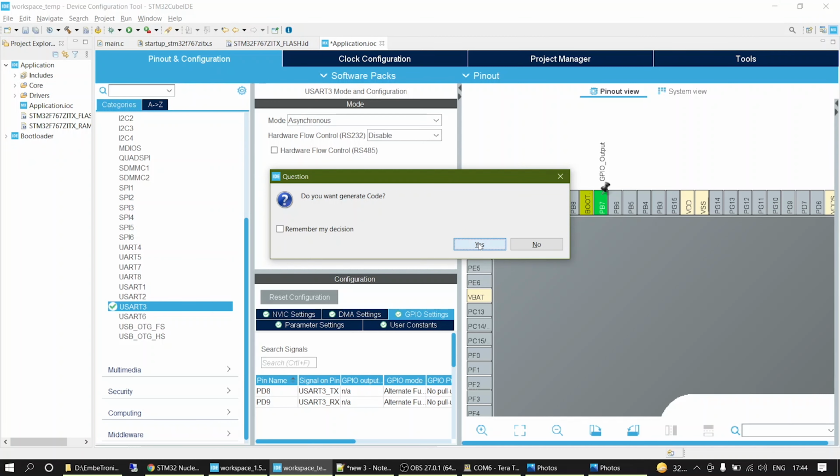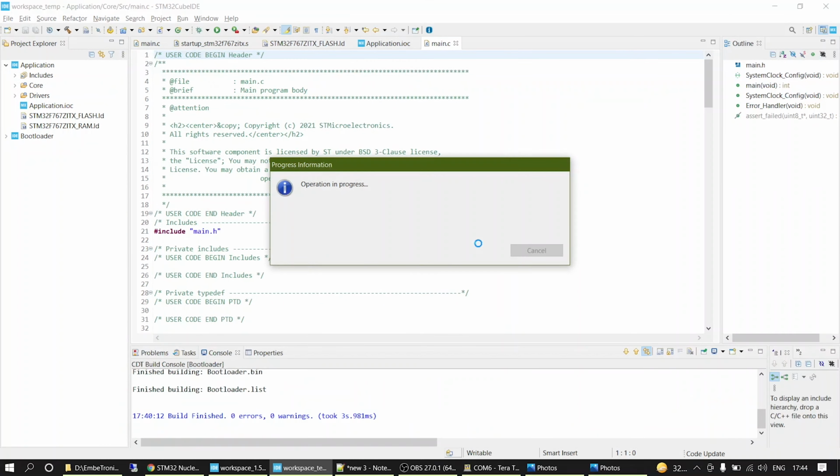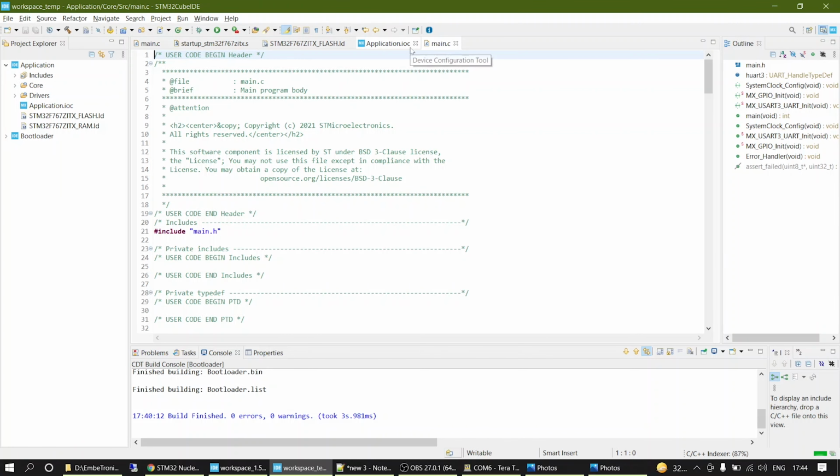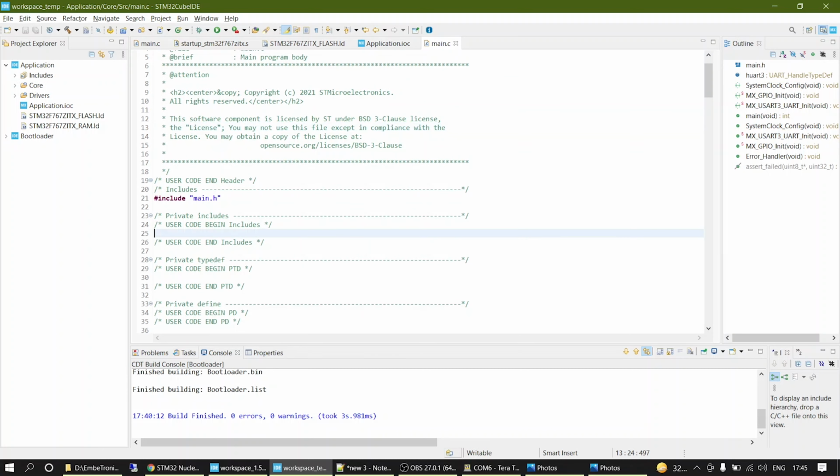Save and generate the code. We will enable the printf as we did for the bootloader.